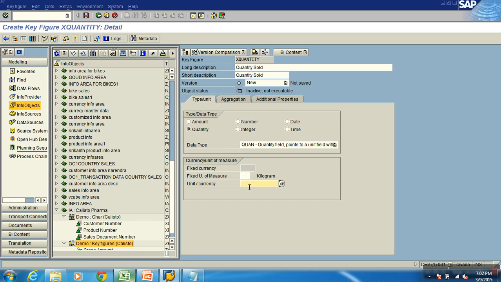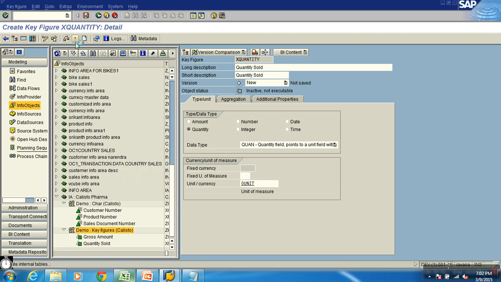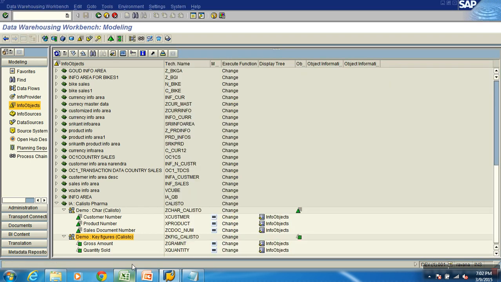So I'll go to this. I'll say 0UNIT. So now in this case, I'm using the 0UNIT, which is already given by SAP. I have not created my own unit characteristics. So you can do it either way. You can use existing unit characteristics delivered by SAP, or if you want, you can create your own unit characteristics also. What was it? Variable unit. Yeah, variable unit, differs for each transaction. Done. So all my columns are ready now.